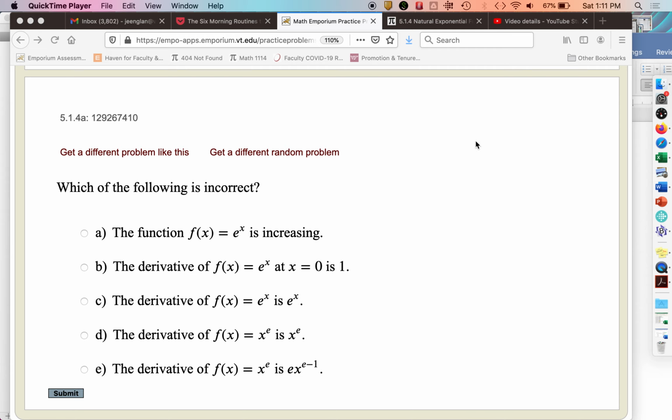5.1.4a, which of the following is incorrect? We are looking for the false statement. Be sure to keep your eyes open to see whether it's asking which is false or which is true. All right, in